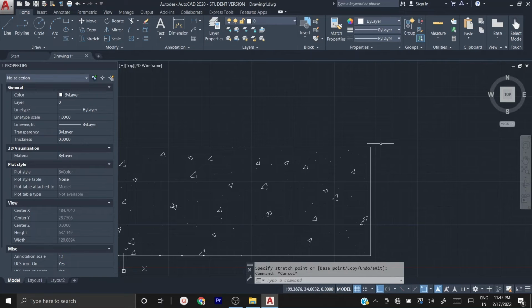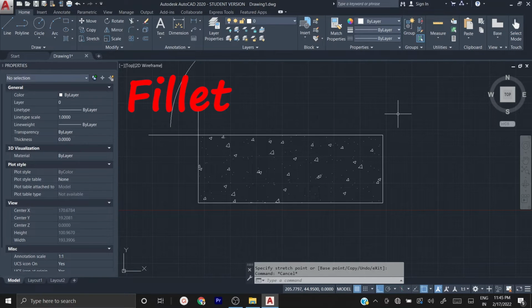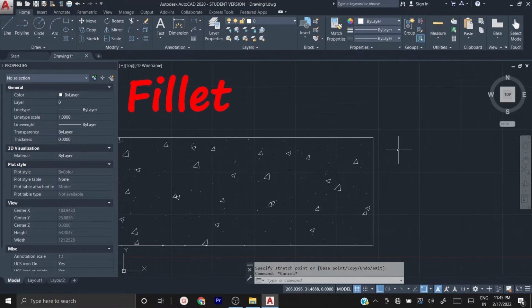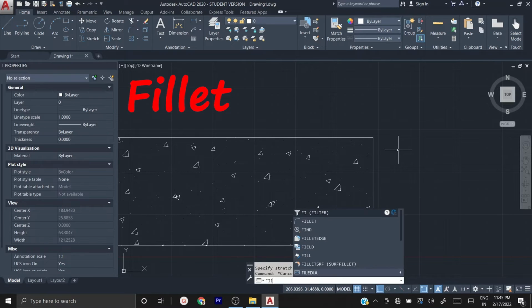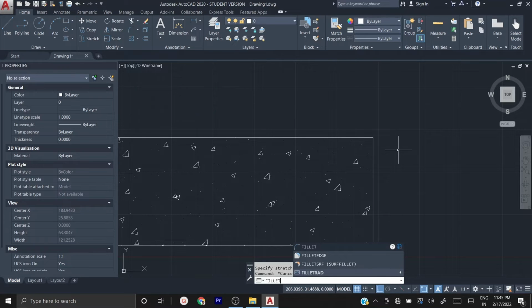To execute the fillet, sometimes we use fillet often, especially in detailing, rebar detailing. To execute fillet, just type FILLET, then press enter.